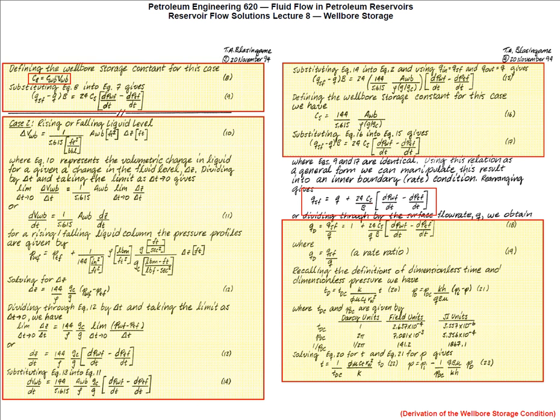In practice, is that the case? Why? Because you cannot hold the bottom hole pressure exactly constant. And if you cannot hold the bottom hole pressure exactly constant, you're going to have a rate difference between the sand face and the surface rates. So unless you can derive a tool which perfectly manages downhole pressure to be constant, then you probably don't want